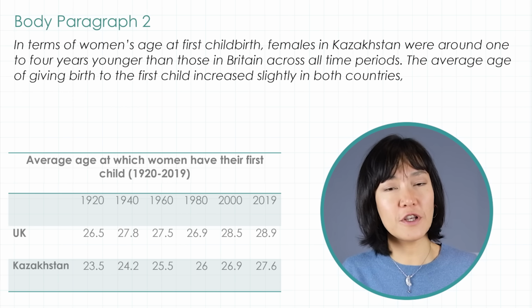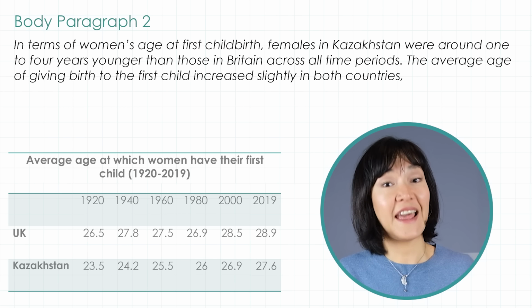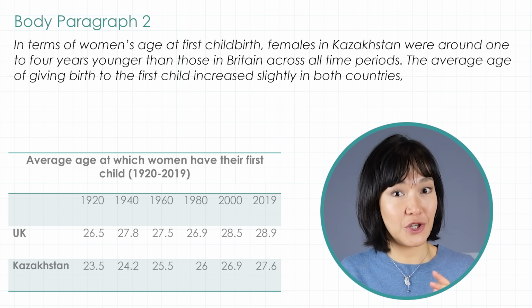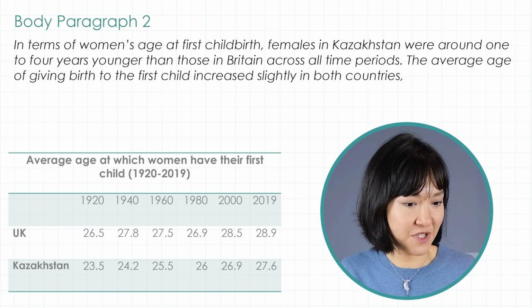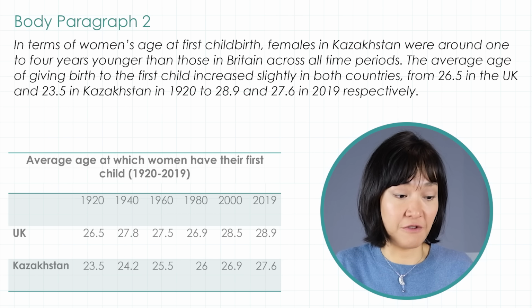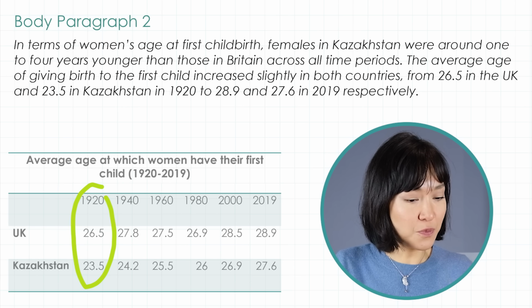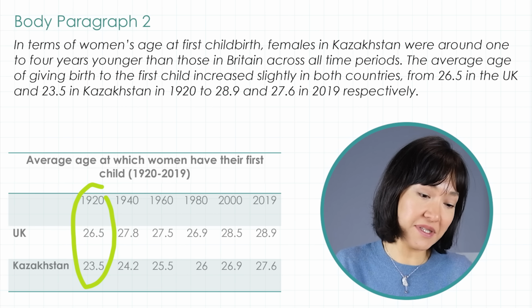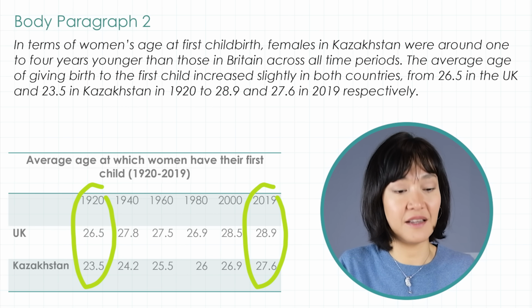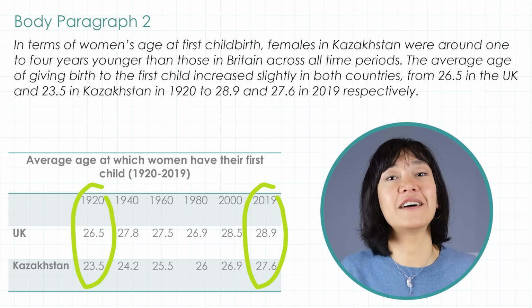So please note that first of all, I just described the trend in simple words, and then I use numbers to support this description. So here they are. From 26.5 in the UK and 23.5 in Kazakhstan in 1920 to 28.9 and 27.6 in 2019, respectively. So that's our main trend and our key